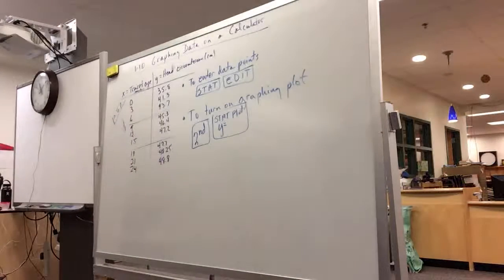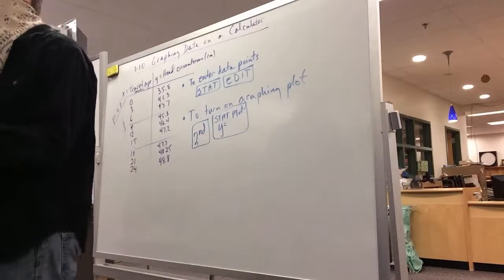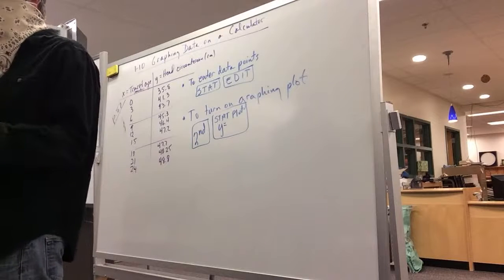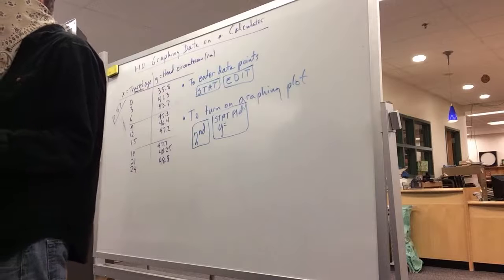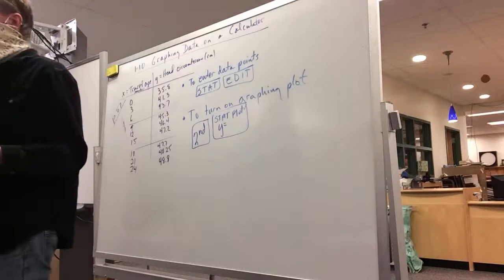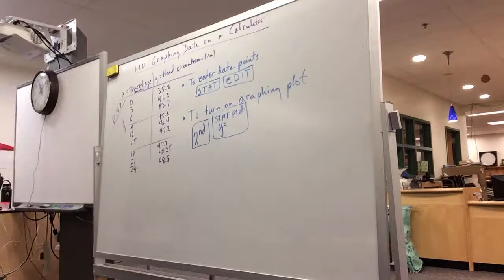Then the question is, do they say that they're on or off? If plot 1 is on, and 2 and 3 are off, you're probably okay. But I'm going to walk you through everything anyway. If it says that it's off, we need to turn it on, and we need to tell it to pull the data from L1 and L2, and we need to tell it what kind of graph to make. Because it might make a bar graph or a line graph, and we don't want those things. We want a scatter plot.